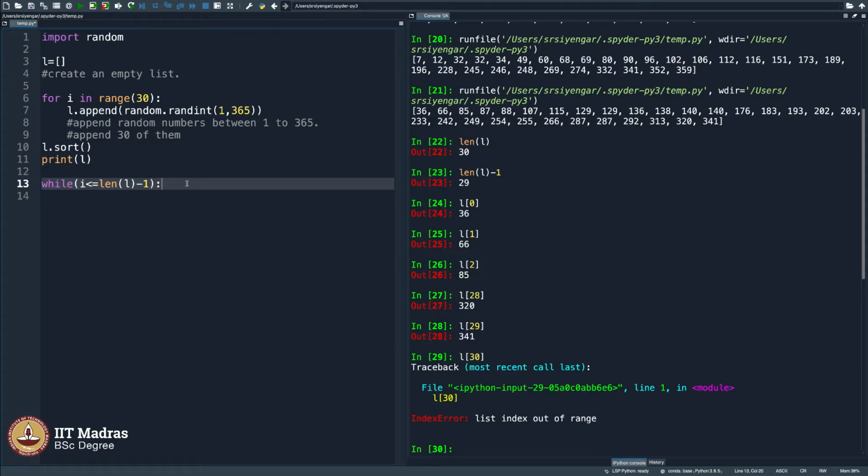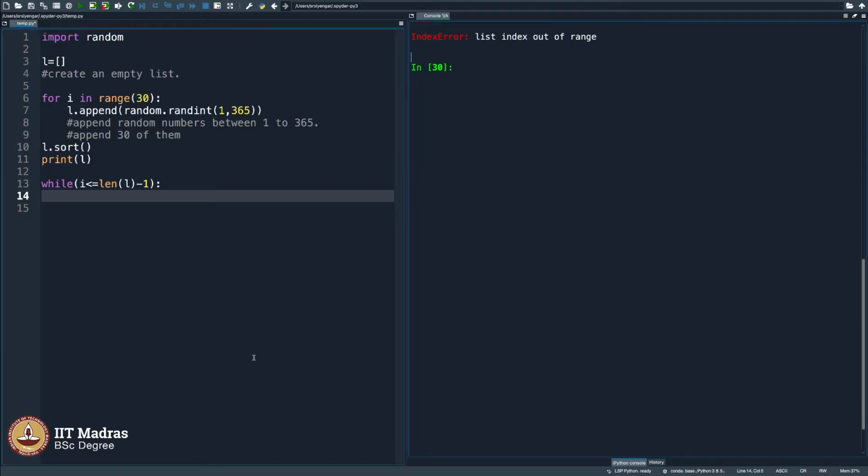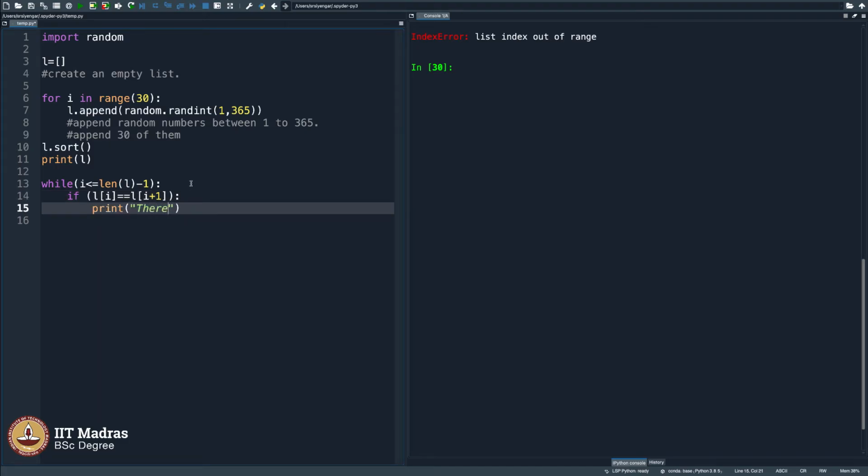Okay, so what's the syntax? I say colon here and then go here. I don't like these error messages, so I'll scroll up a little. Okay. So I say while I is less than or equal to len of L minus 1, what you do is, just in case, if L of I is equal to L of I plus 1, then I say print there is a repetition, repeats. Okay, else